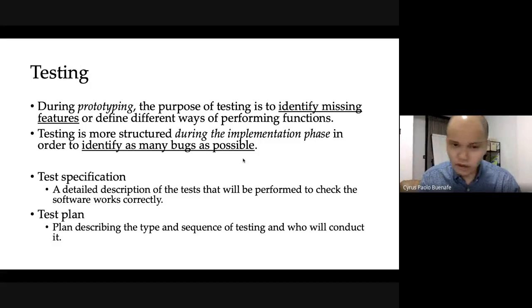When you're prototyping, the purpose of testing is really to identify missing features. So during the build phase, your idea is to be able to find out whether you've covered all of the specifications that were required. Now, once that is done, as you are going to roll it out, you also still need to test. But this time, what you test would be the reliability of your system. Will there be many bugs? Will there be none of them?